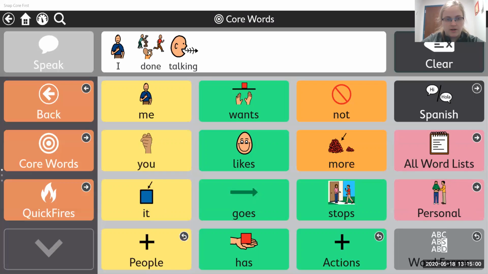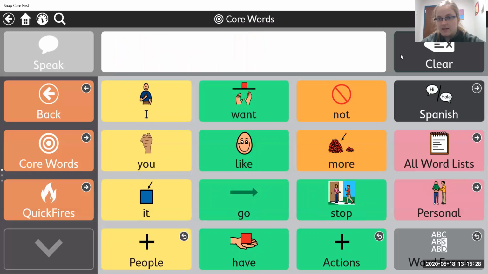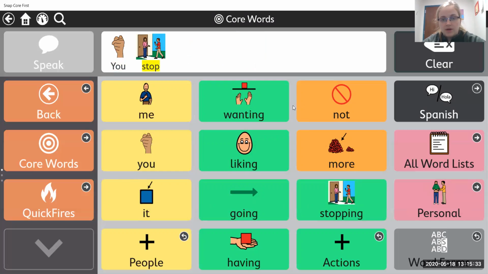All right, our next word after I'm all done is stop. There are a couple different ways that I thought of for how you could use the word stop. One is, again, a protesting way of using it. So you could say, you stop. And if you put this all together, man, this makes a big phrase. I done talking, you stop. Oh my goodness, I'm done talking, you stop. But it could just be, you stop, for any sort of thing that you want someone to stop doing.